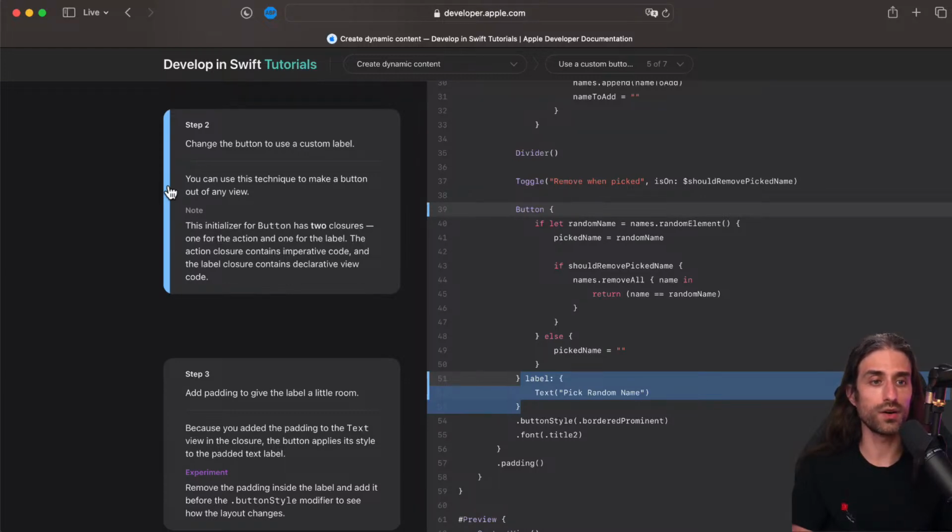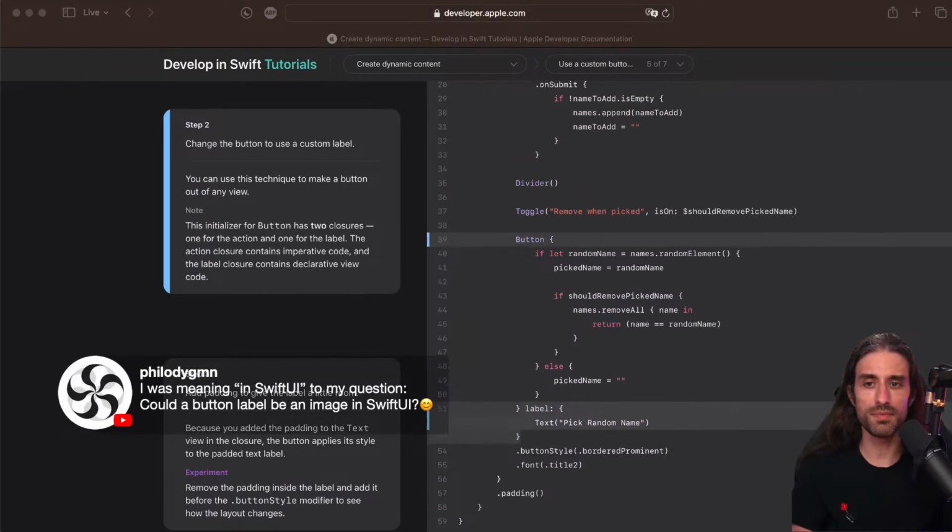So any view, you can wrap it inside a button and then the user can tap on it and it triggers an action. And this initializer for button has 2 closures, one for the action and one for the label. The action closure contains imperative code, so what must be executed when the button is tapped, and the label closure contains declarative view code.